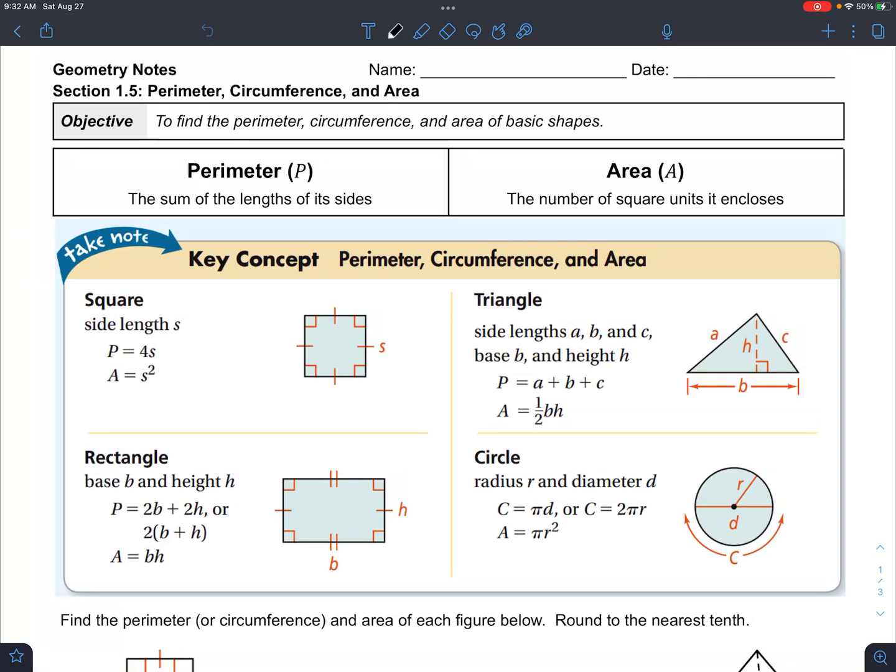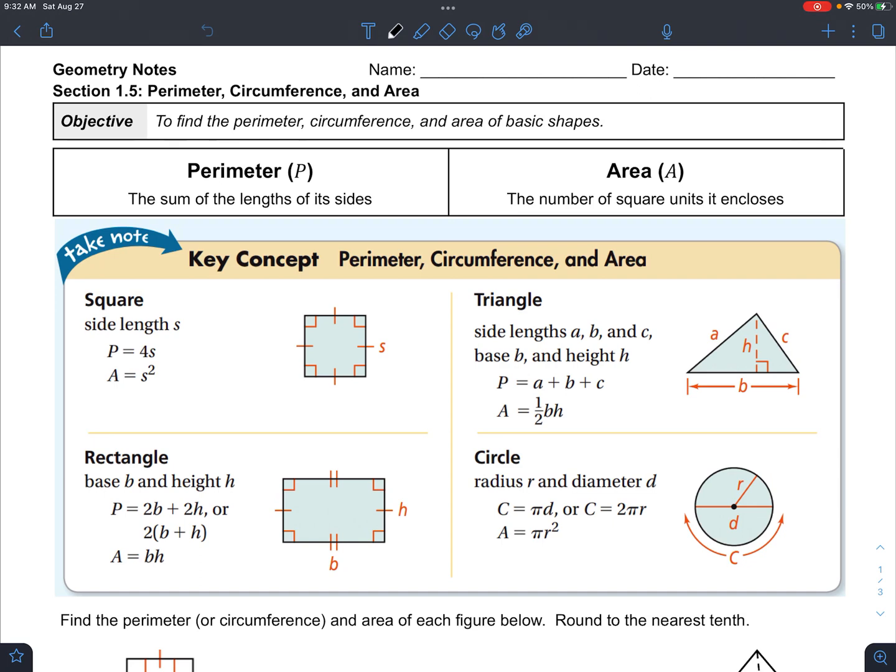All right, so we're going to chat a little bit today about perimeter, circumference, and area. So, perimeter is the sum of the lengths of the sides of a figure, and area is the number of square units it encloses. So, it's the space in the middle, the shaded part. Circumference is